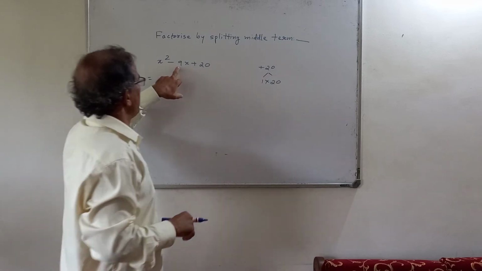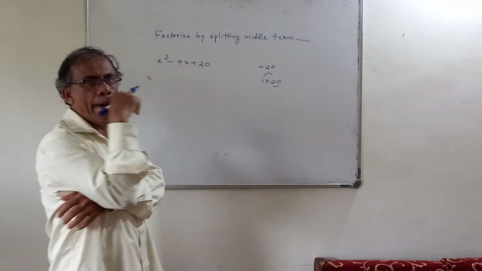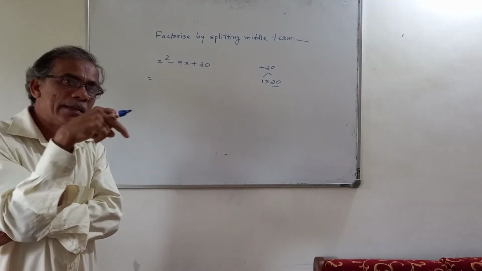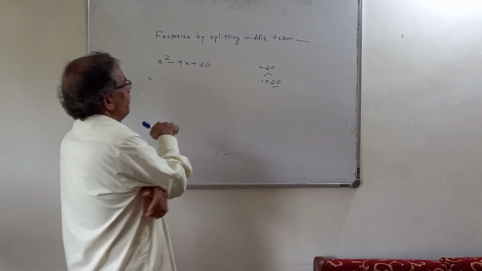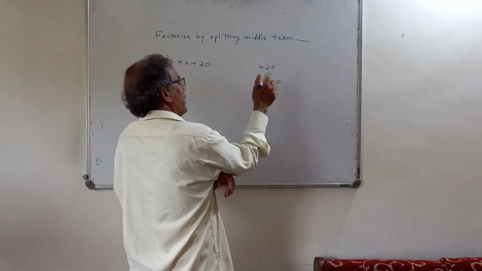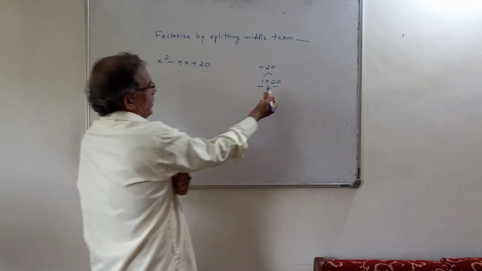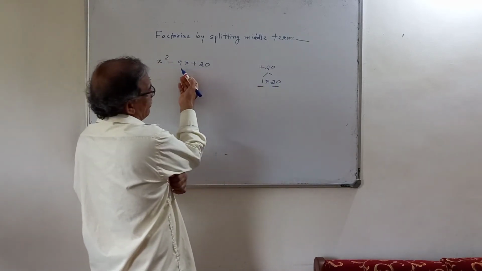The sign of the middle term, which means the addition, is minus 9. So the greater number is negative. Now we have to attach the sign to the smaller number. Product sign is plus. So minus into which sign gives you plus? Minus into minus. Now both will be minus. Minus 20 minus 1, minus 21.